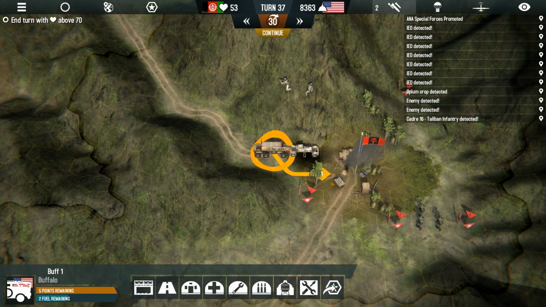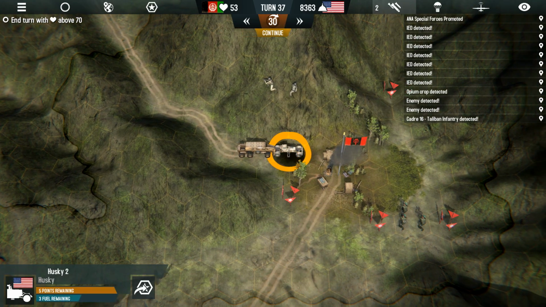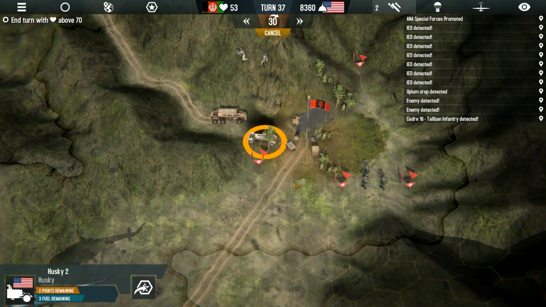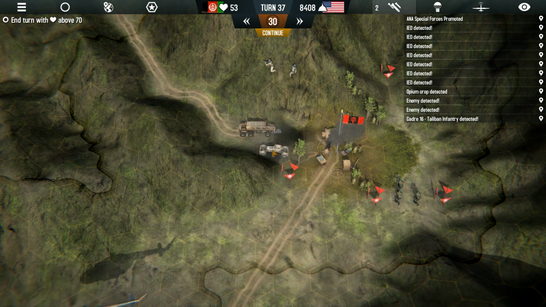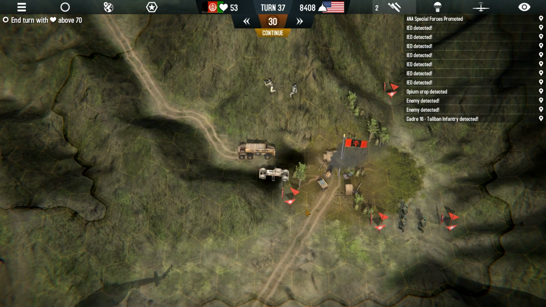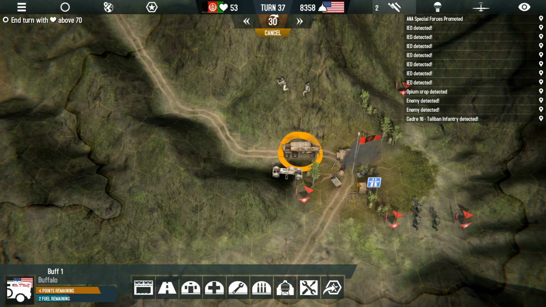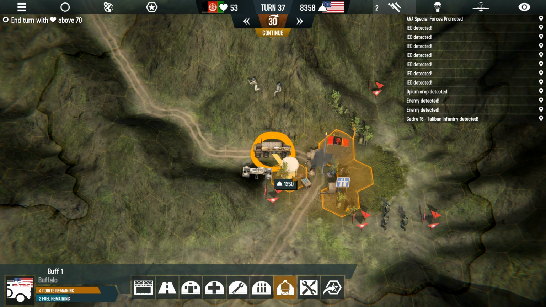Okay. Let's see, we need to build a road. Husky, if you could be so kind to move out of the way for me. Whoa. Whatever the hell was that? Was that an IED? There you go, connected again. Now this might be something that's going to get blown up soon,